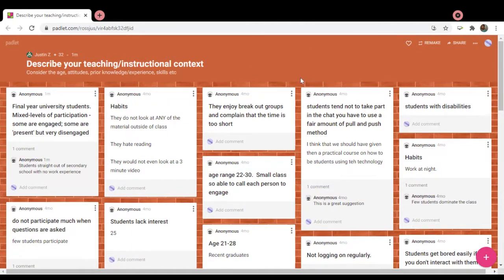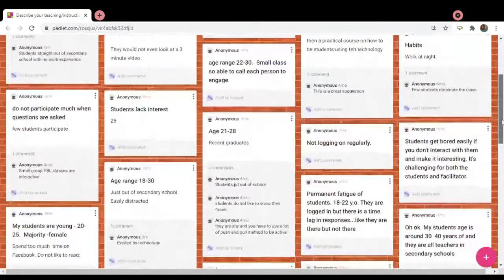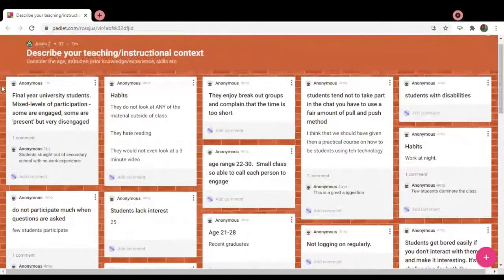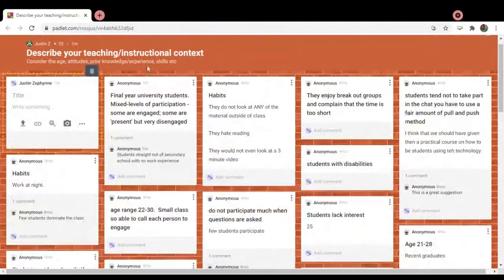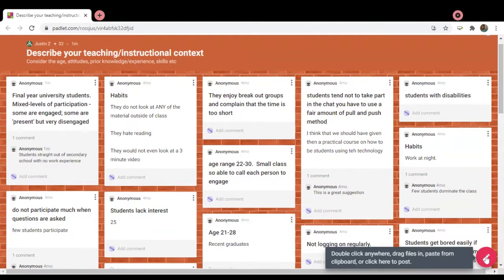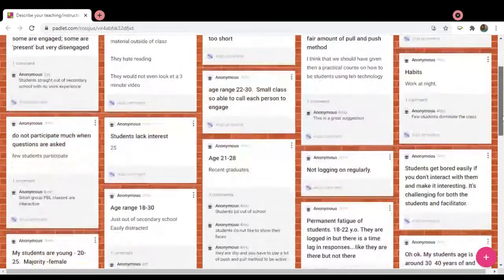So go ahead and click anywhere on the poll. I wanted to leave the responses from a previous session I did, because the reason for that is just to show you something. I'll explain it right after. So you just click anywhere, and you should be able to add your comment. Are you able to do that? Yes, I was able to add comments. I was adding comments to the comments that were on the screen already, but when I scroll down, I see the plus sign that I can have my own little box.